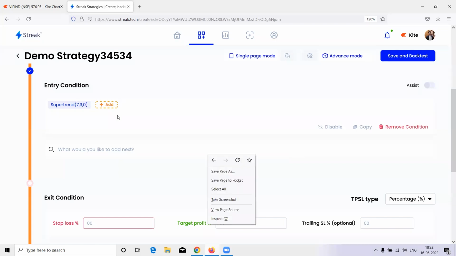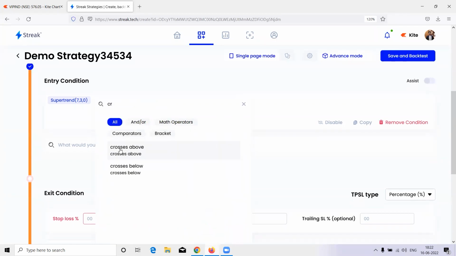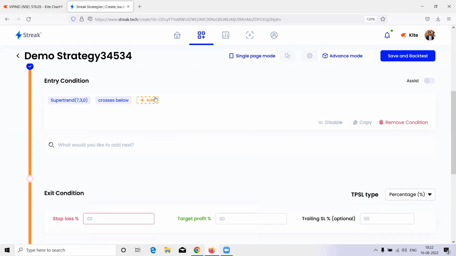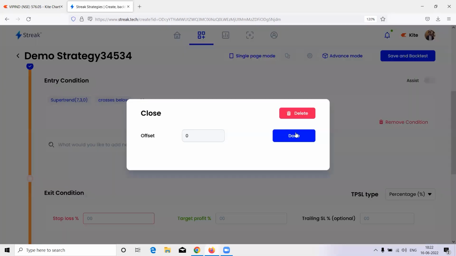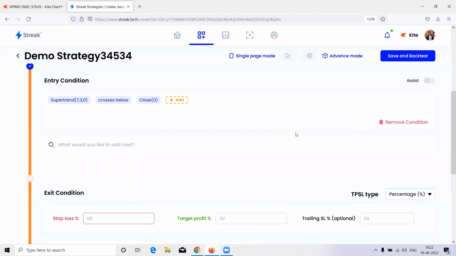Okay, so I have just typed Supertrend and the condition did not get autofilled. What I'll do is I'll say crosses below. I'll say close. Okay. And yesterday, if you remember, I had also told you that I will show you a method to find the best